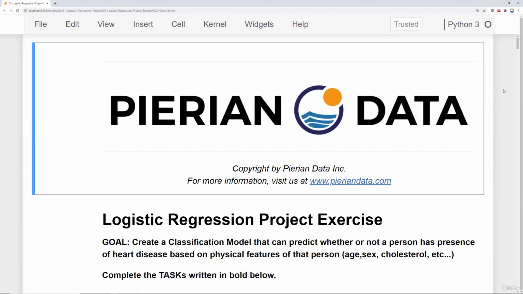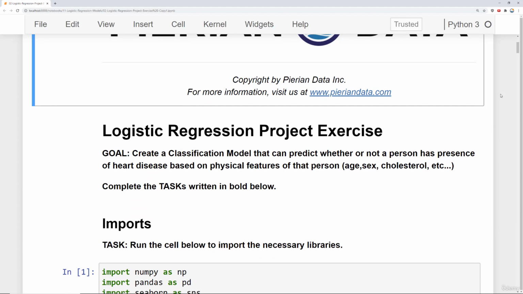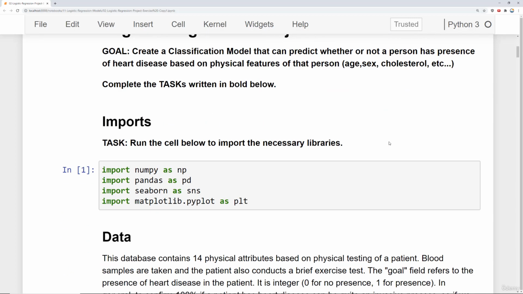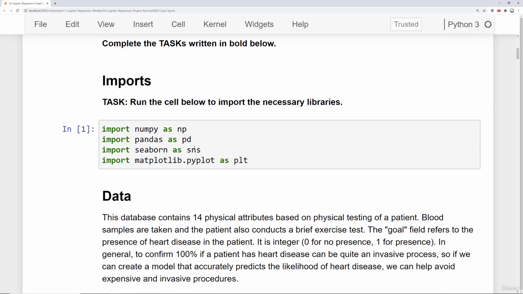Okay, here we are at the logistic regression project exercise notebook. The main goal is to create a classification model that can predict whether or not a person has the presence of a heart disease based off their physical features, such as their age, cholesterol levels, etc. We filled out a couple of cells for you, so you'll go ahead and run the basic imports, and then